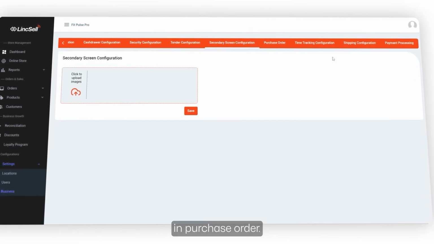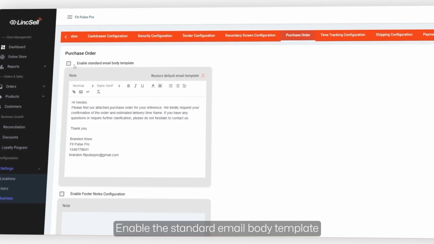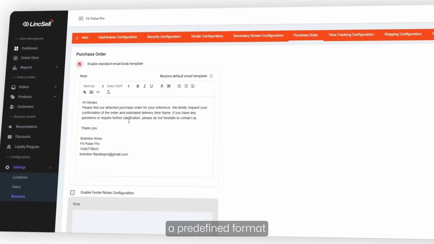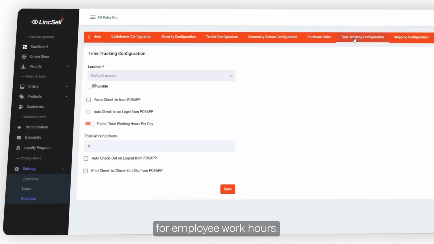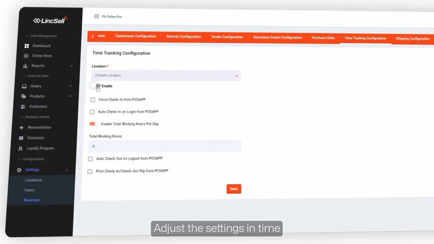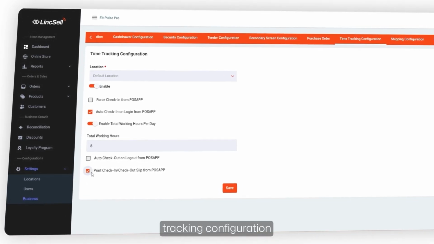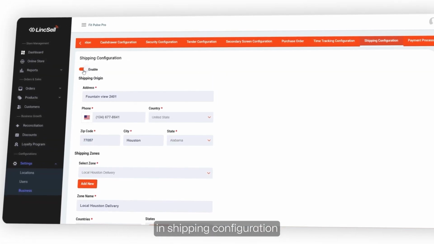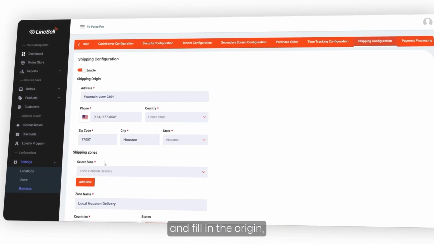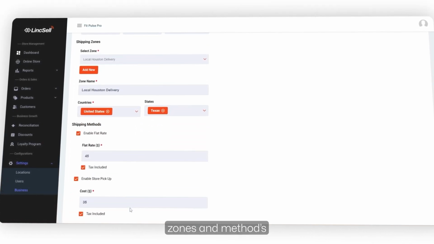In Purchase Order, enable the standard email body template if you want to use a predefined format for vendor emails. For employee work hours, adjust the settings in Time Tracking Configuration. If your business offers delivery, enable the relevant options in Shipping Configuration and fill in the origin, zones, and methods